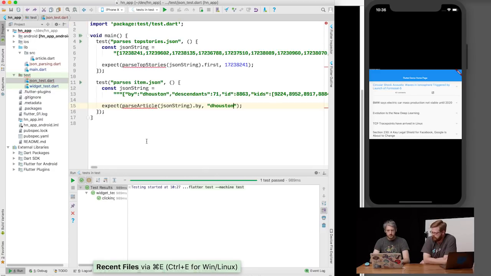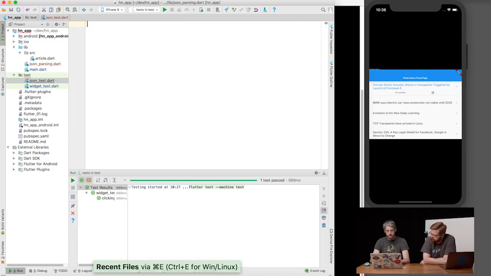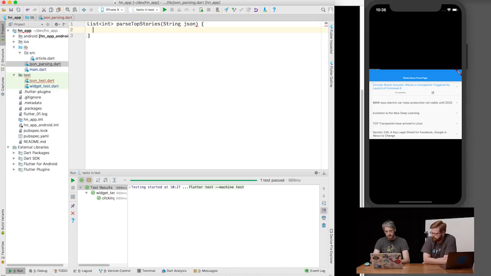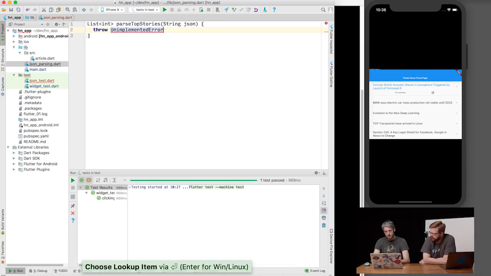And I just want to make sure that... So, this should give you a list of ints. It's called Top Stories, and it should take a string of JSON. And this should throw now. Is there an unimplemented? There is. Yeah. And then,